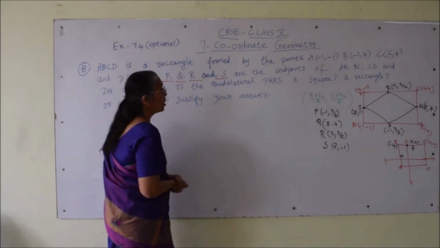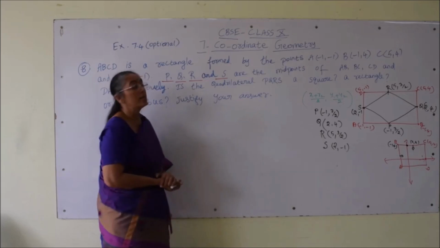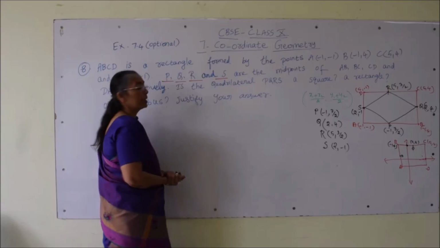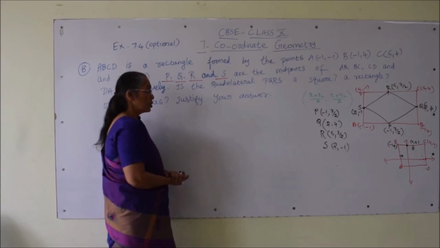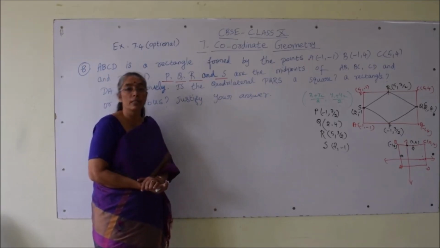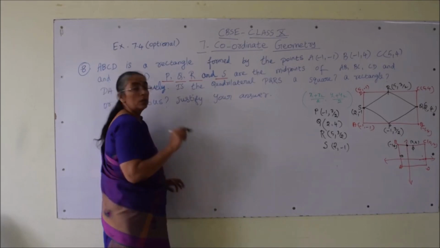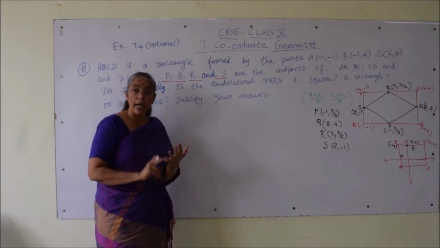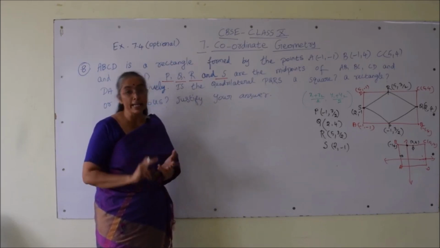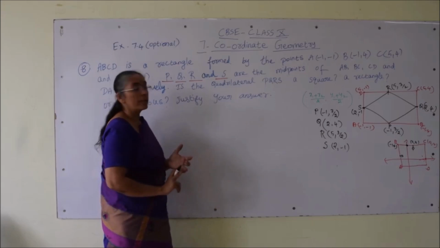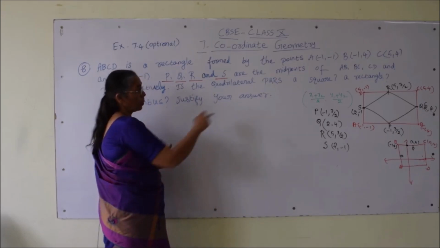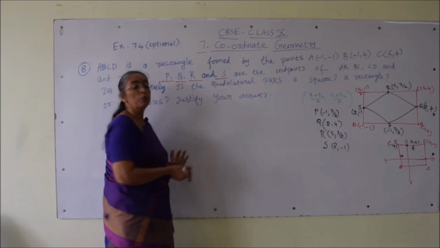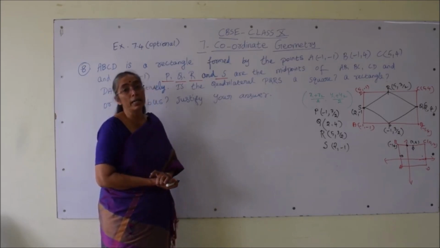Now we found the midpoints. The question is: is the quadrilateral PQRS a square, a rectangle or a rhombus? So shall we recollect the quadrilateral properties? We discuss the quadrilateral properties based on its sides and its diagonals. Even we can discuss based on angles, but for this particular problem we need not decide anything based on angles; we can do it based only on sides and diagonals.